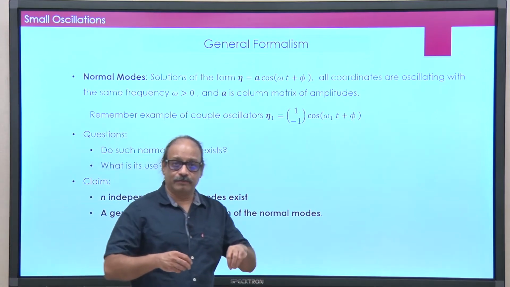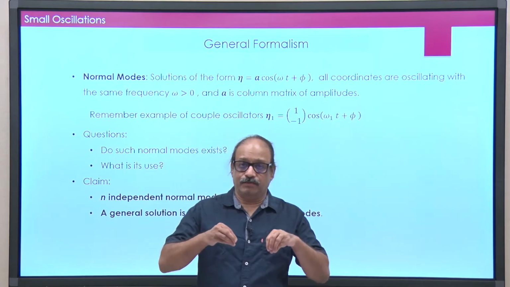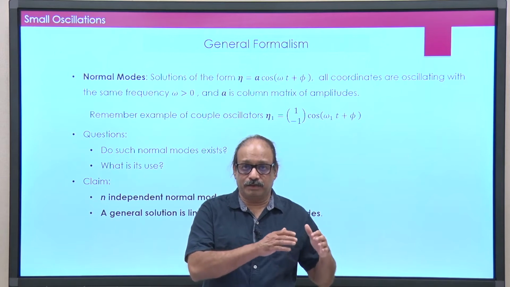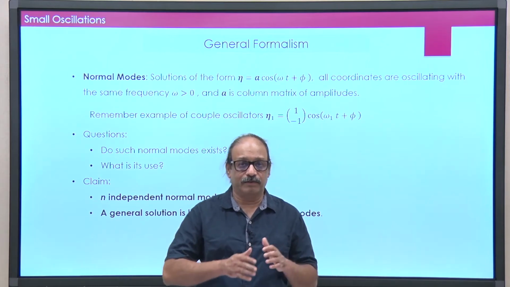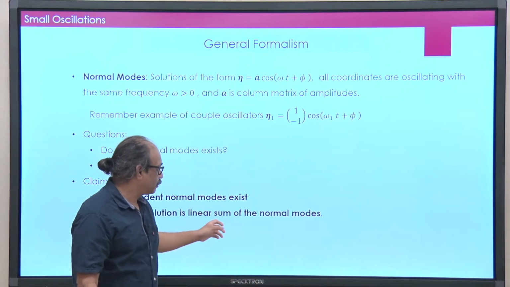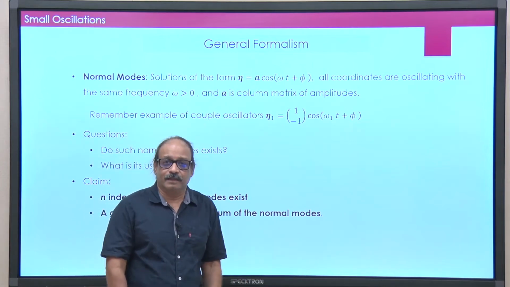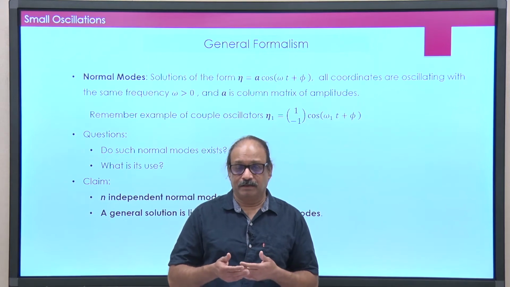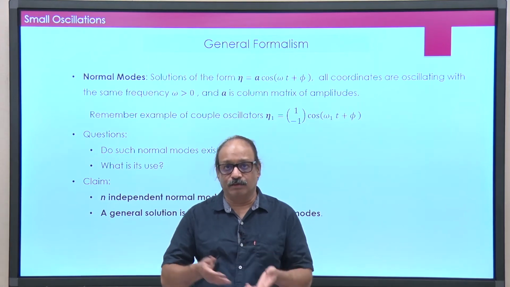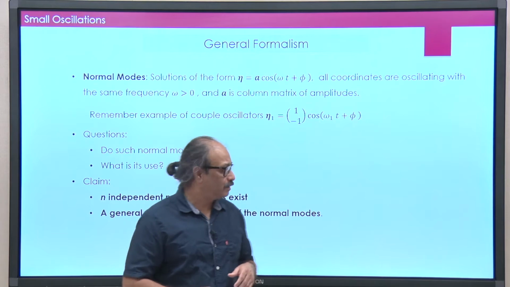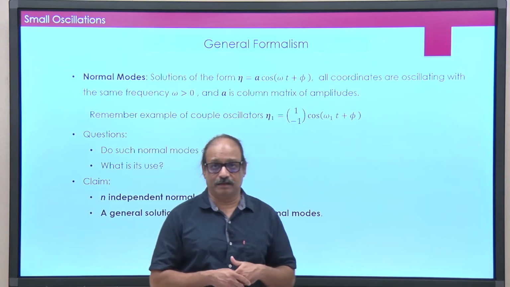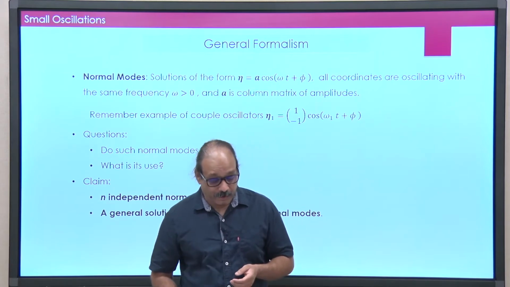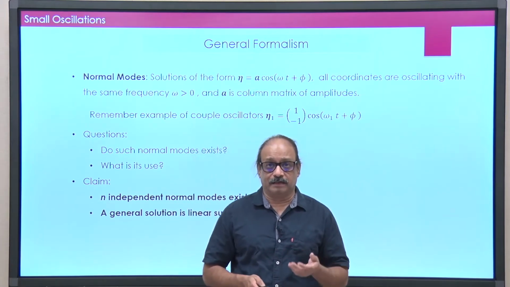All that we have to do is, you would have initial conditions, and corresponding to 2n initial conditions there would be 2n independent constants in this linear sum. All that we have to do is find those constants, and then the solution is immediate. Now, this technique of course we have used in many different branches of physics. So, let me start by answering these questions.